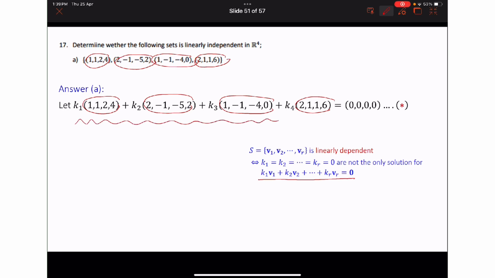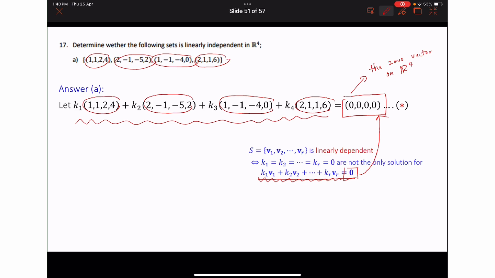This is the right hand side of this equation, and this is the left hand side. On the right hand side we have the 0 vector. This is the 0 vector on R4, whenever we equip R4 with the standard addition and scalar multiplication. So this is the 0 vector, and to determine whether S is linearly dependent or linearly independent, we have to find